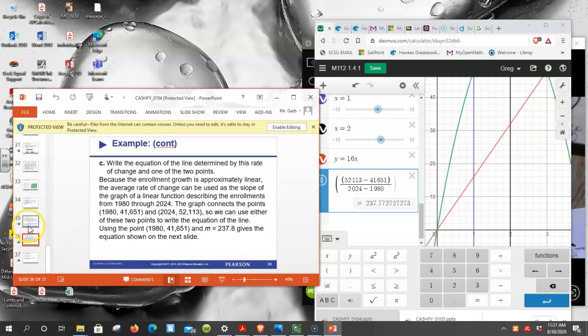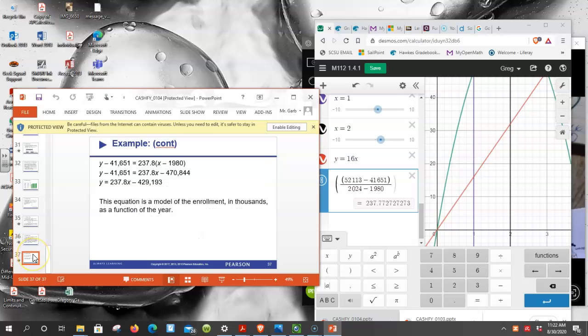All right, now let's go back to the last one. Write an equation of a line. Well, we know it's going to be y equals 237.8x. We know that already. Now we have to figure out